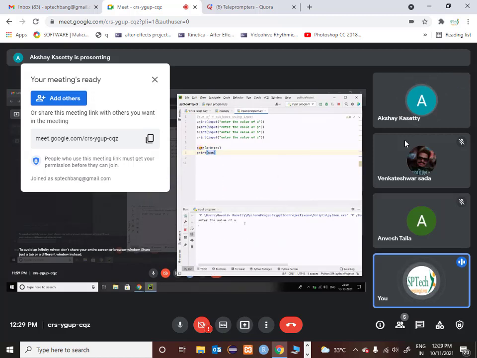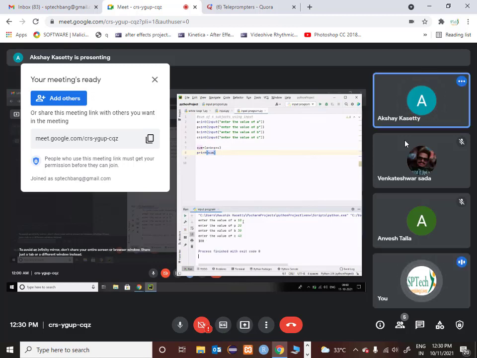So it's asking enter the value of a. Press your pointer, use a space bar, and now enter the value of a. I'll just put 10. Very good. Enter. Now space bar, enter the value of p. Good. Space bar, enter the value of c. Enter. Now it is showing as 100. Yes, correct.